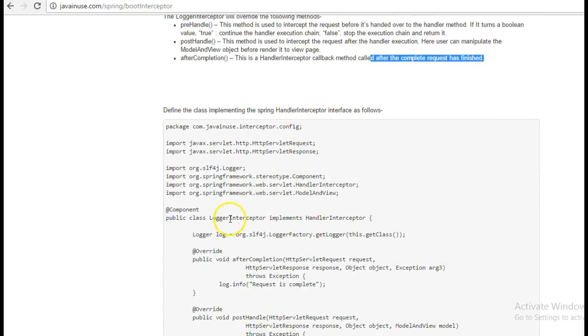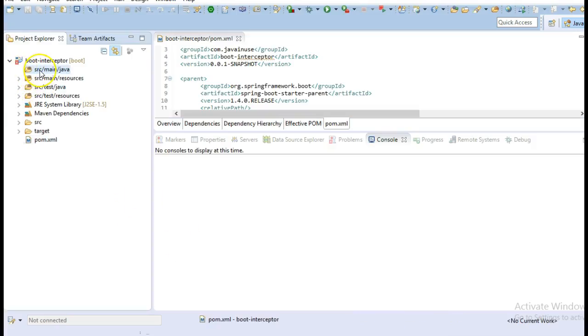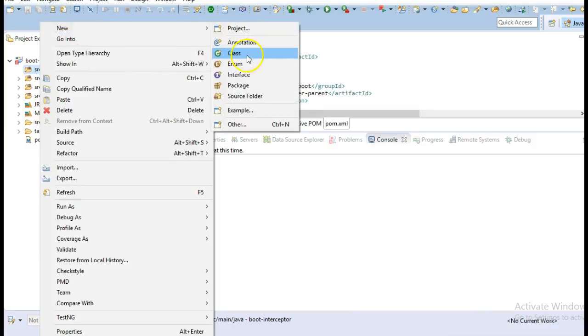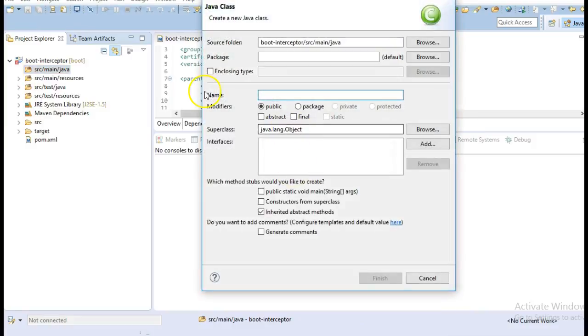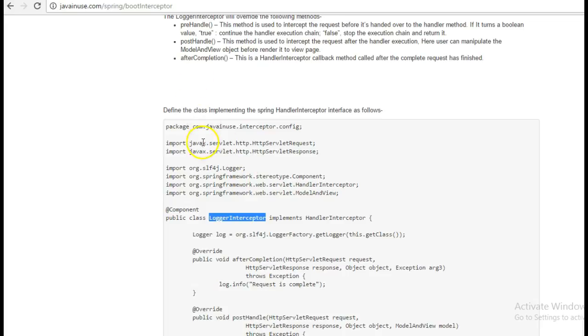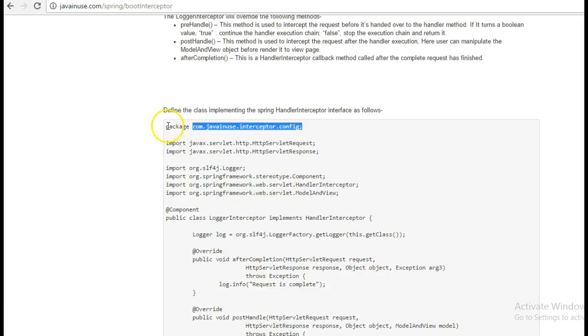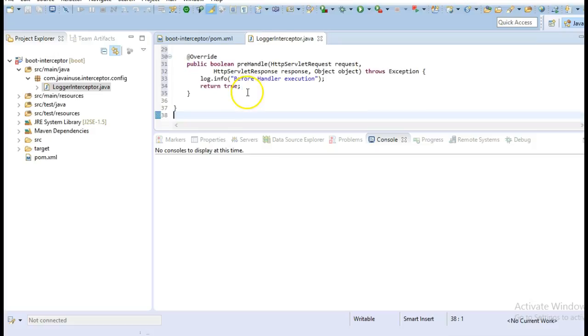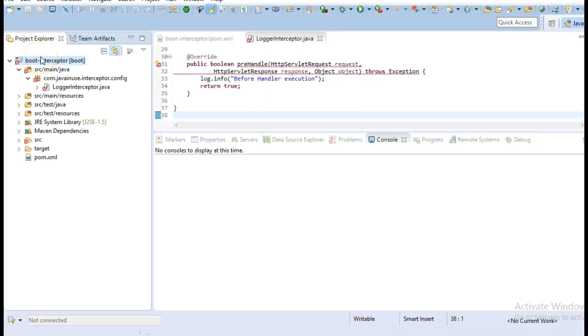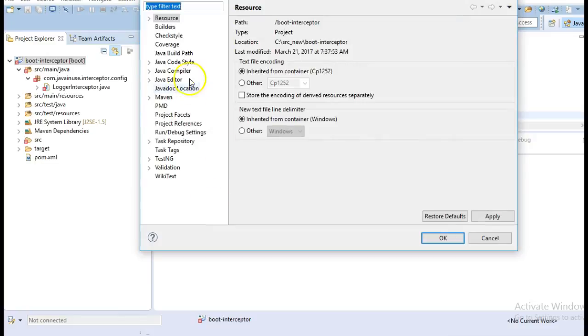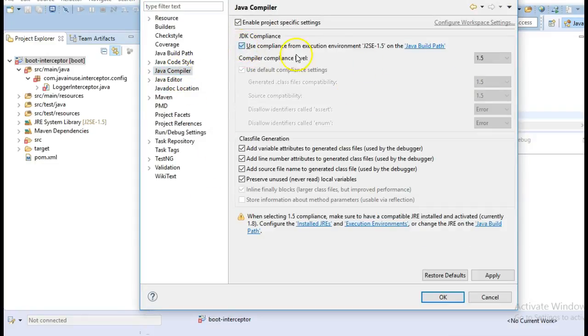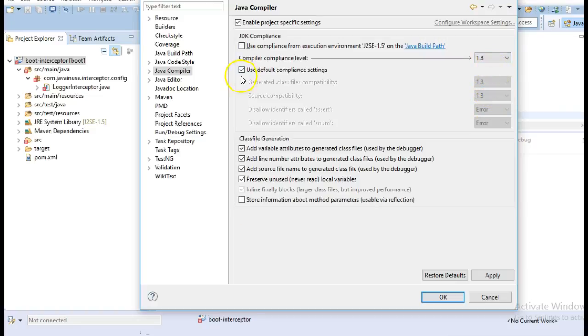So let's implement this class LoggerInterceptor. Go to the Java compiler and just set it to 1.8 if this has not been done for your Eclipse.